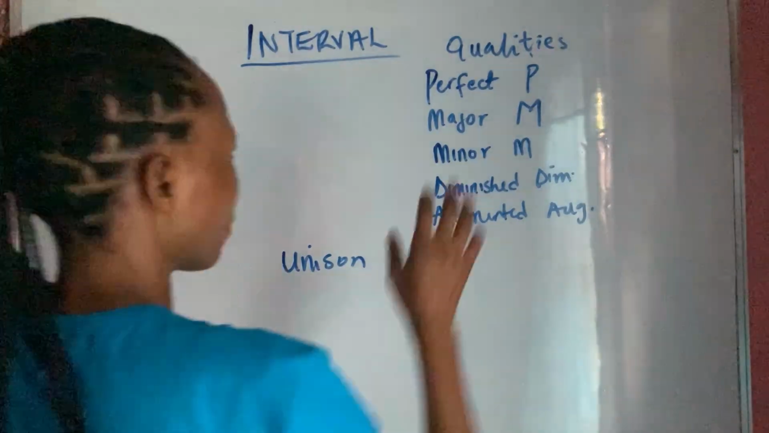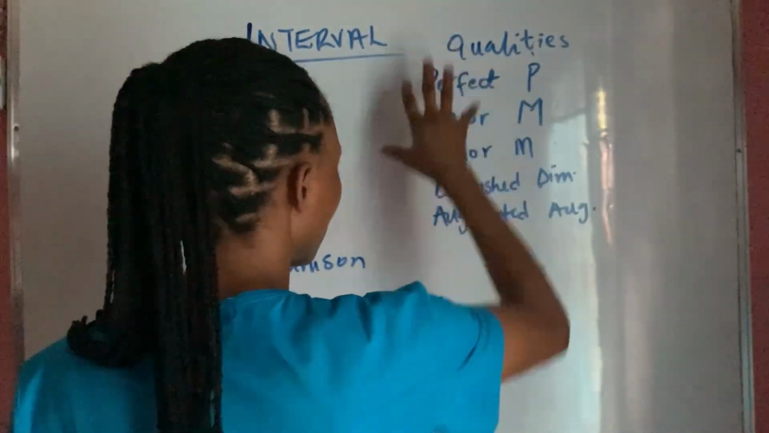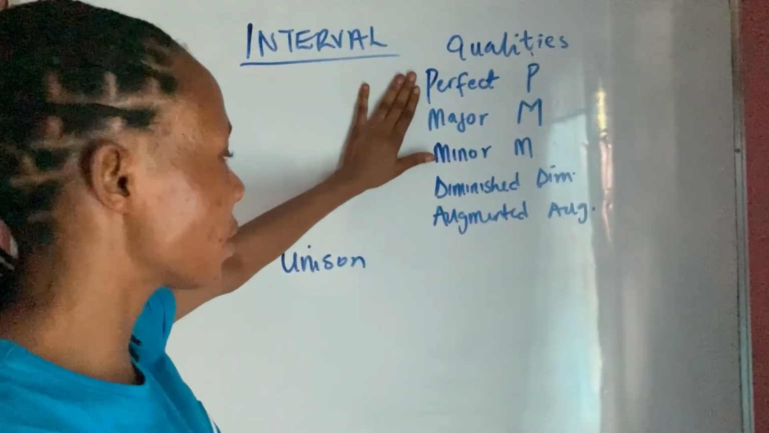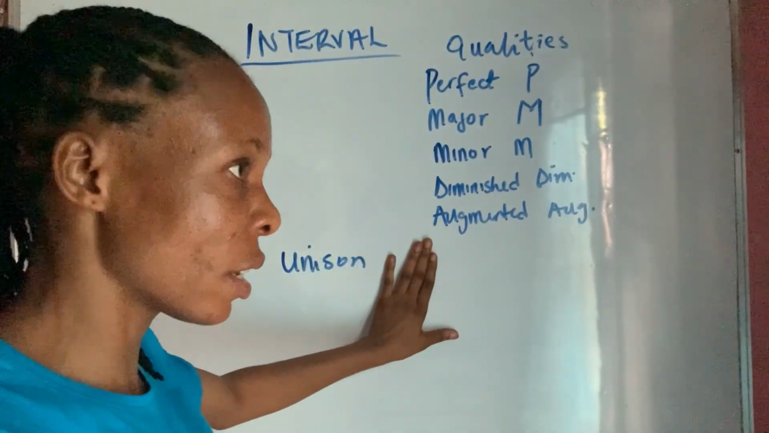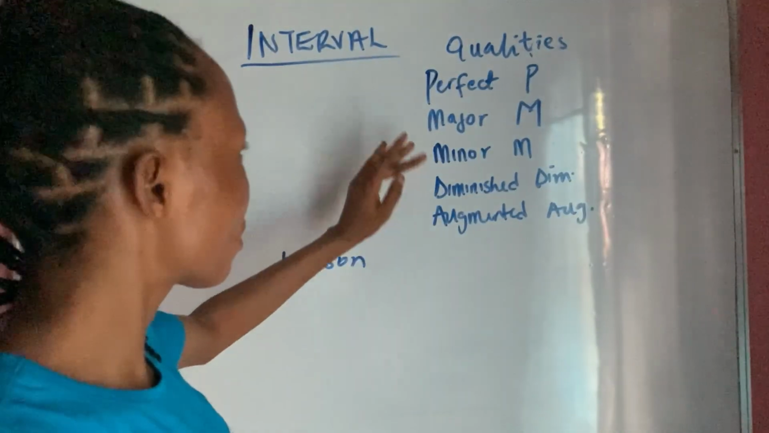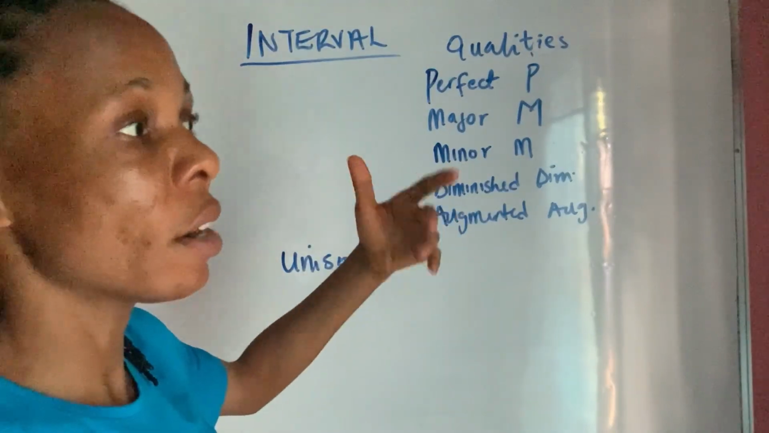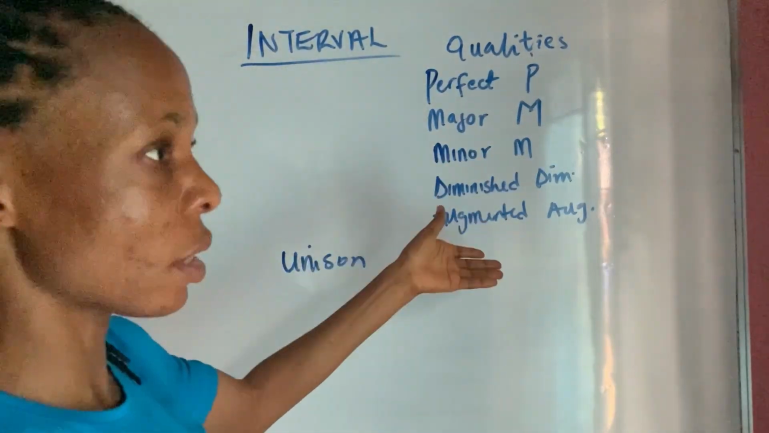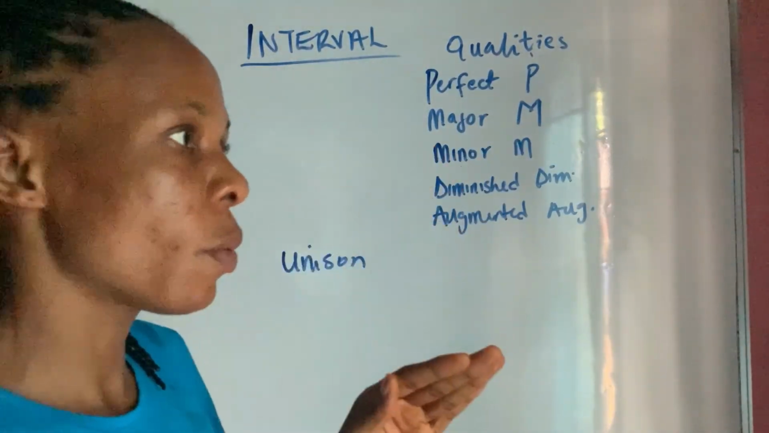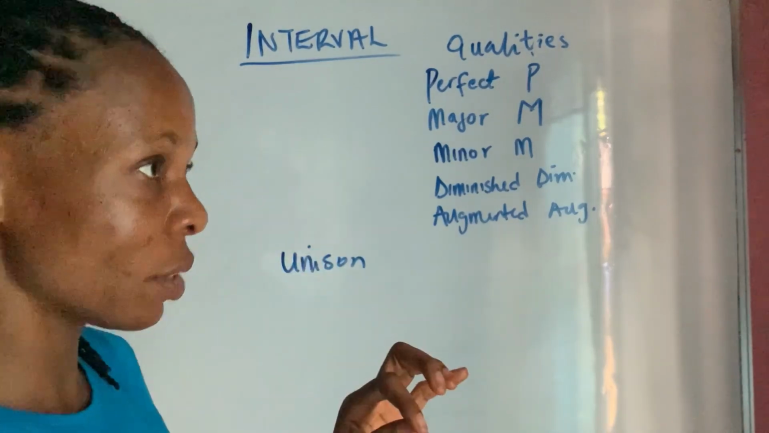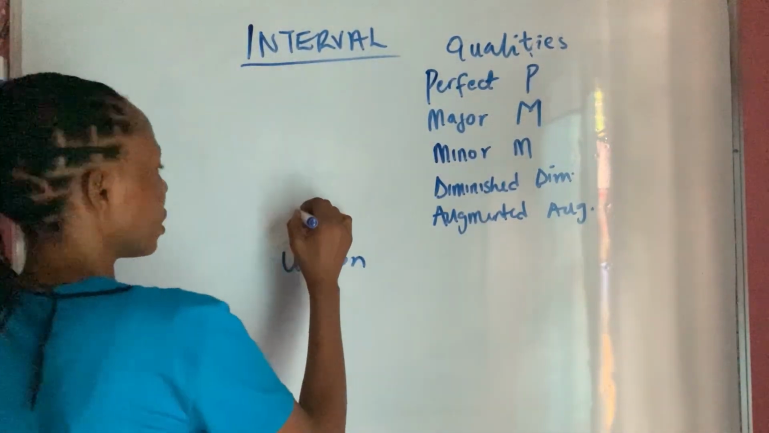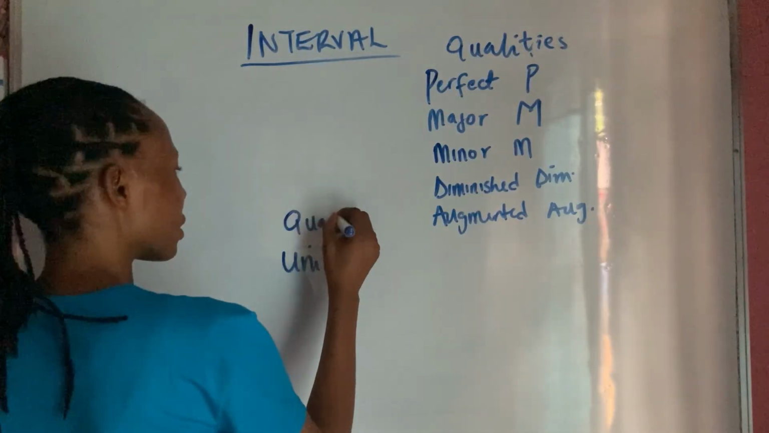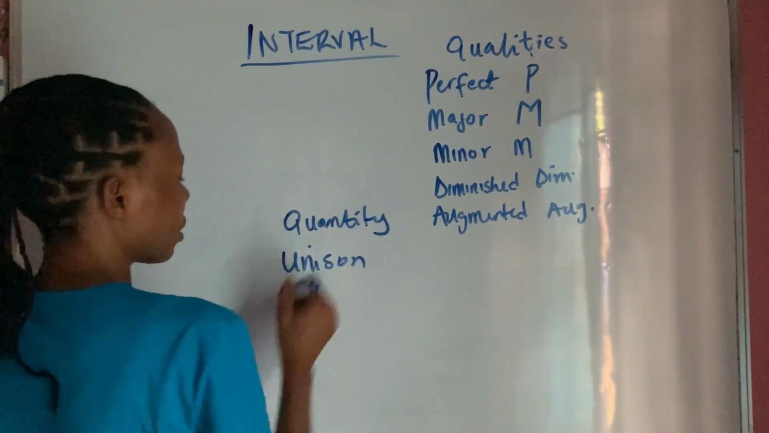Good. Now these are the qualities of an interval, which we have the perfect, the major, the minor, the diminished, the augmented. Inside this minor or diminished, we can have double diminished, we can have double augmented. Okay, then today we are really going to explain because we want to build something. I won't rush you. Okay, then under the quantity, or you can say under the numbering,